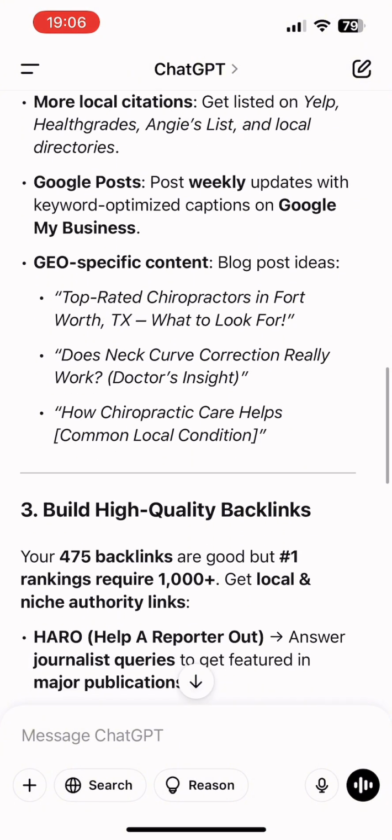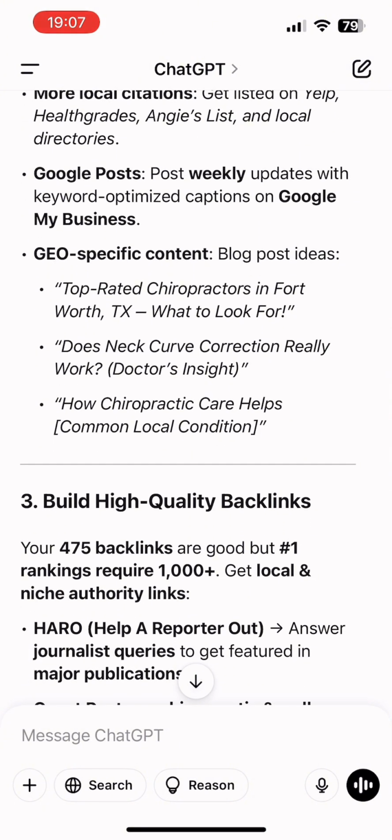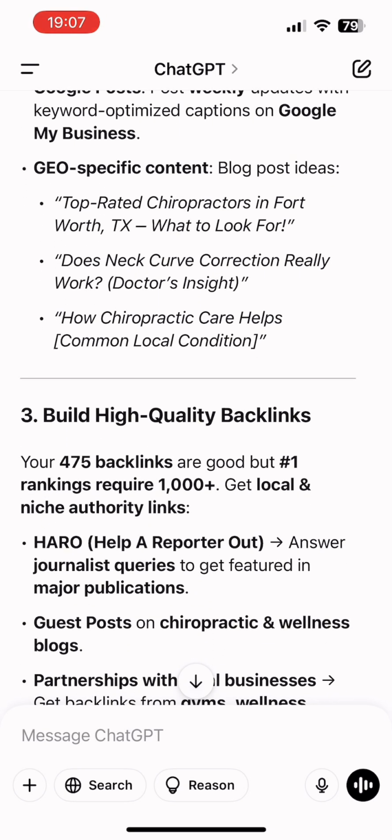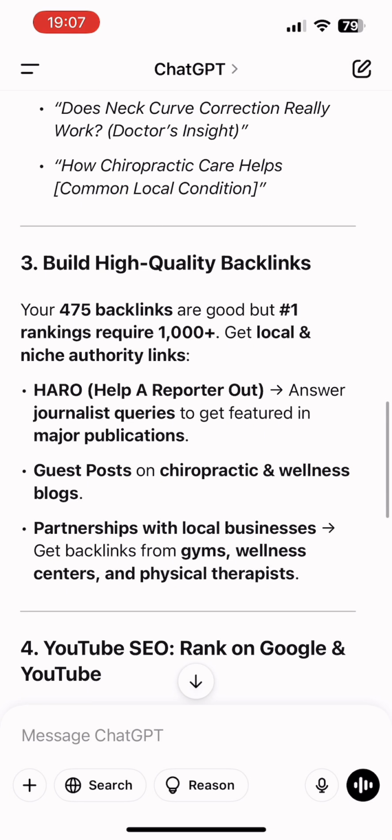How chiropractic care helps. You want to build high-quality backlinks. To get to number 1, you need 1,000. You have 475. Get local and niche authority links. Help a Reporter Out. Answer journalist queries to get featured in major publications. Guest post on chiropractic and wellness blogs. Or, in my case,